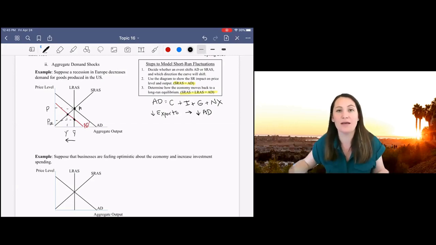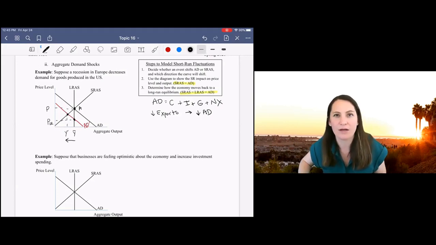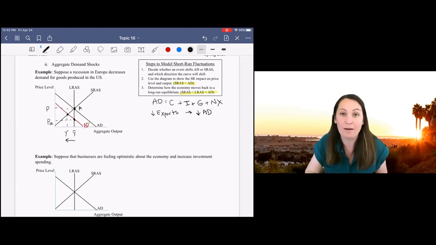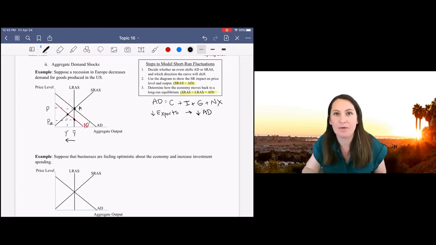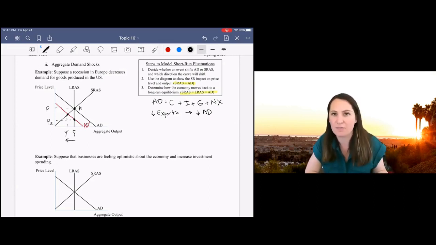The price level of the US would decrease, but we would still have the same output. That's what would happen if the economy was functioning perfectly and we didn't have that upward sloping short run aggregate supply curve. But because we have these market imperfections, we have sticky wages, sticky prices, misperceptions, or some combination of those, it's difficult for us to adjust